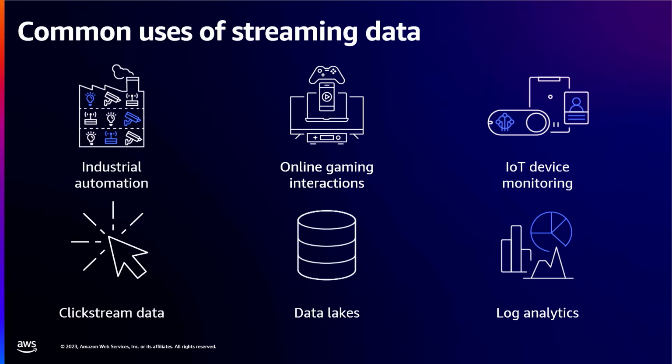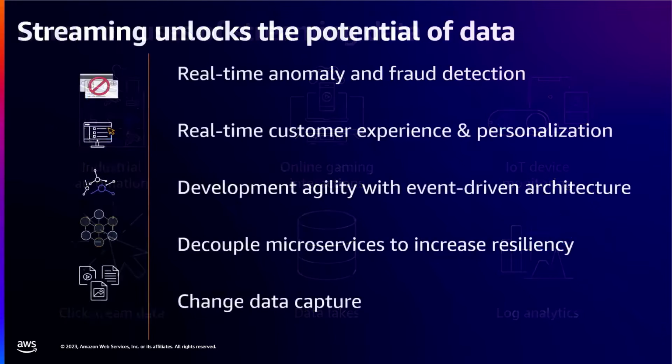And also putting things in a data lake, so you can filter and aggregate and put things in S3 to create these huge data lakes which enable analytics and machine learning. And then log data, really popular things for streaming. You're going to get events and sources from things like servers and desktops and maybe mobile devices. And then you can build applications to actually process the data. You can use it to maybe generate some metrics, maybe power some live dashboards, and then maybe you're going to emit also some of this information into S3.